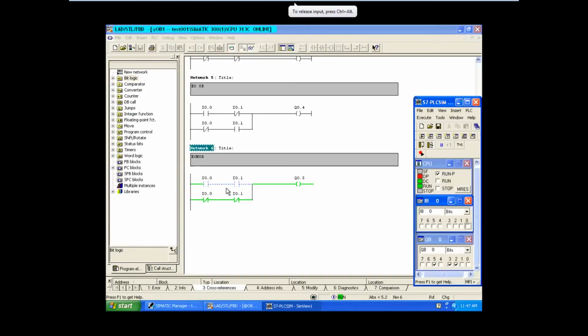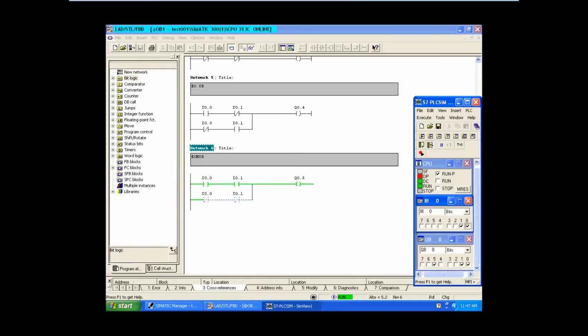So I have turned it off now. See here 0, 0, but output is 1. Now 1, 0, output is off. 0, 1, output remains off. Now both are 1, output is on. So this is the last case, and this is the first case. For the remaining two cases, output will be in the off condition.